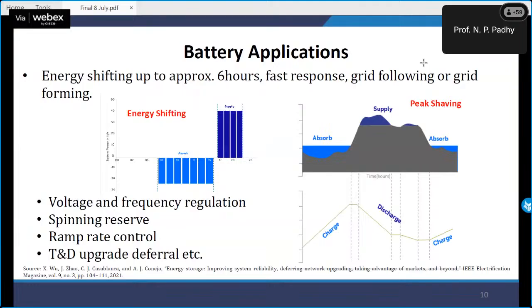It is now completely valley and becomes slowly flattened, due to the upper portion of the valley being catered by the external source like a battery. So you can make the load curve flatten by charging your battery during off-peak hours and discharging during peak hours. Now, talking about the frequency regulation,